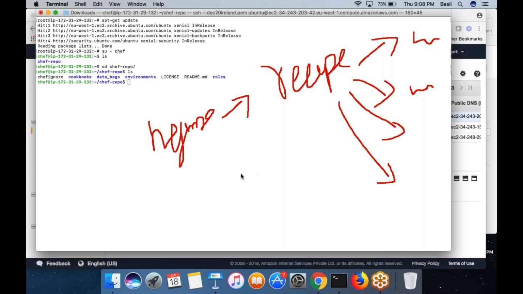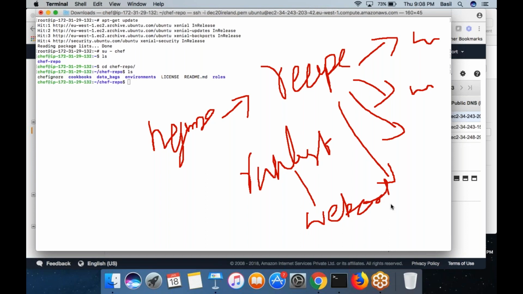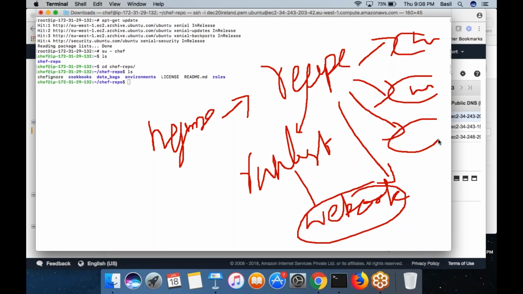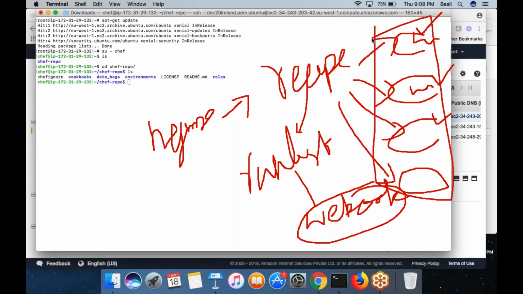And later, you will create a run list for your web001 machine. And how will you add this run list? You would include this recipe inside the run list. Then automatically this web001 machine would run each and every resource that you write here. That would include installing Nginx, starting the Nginx service, enabling the Nginx service at boot time, then copying the necessary files into the document root of Nginx. All these resources I am going to write down.